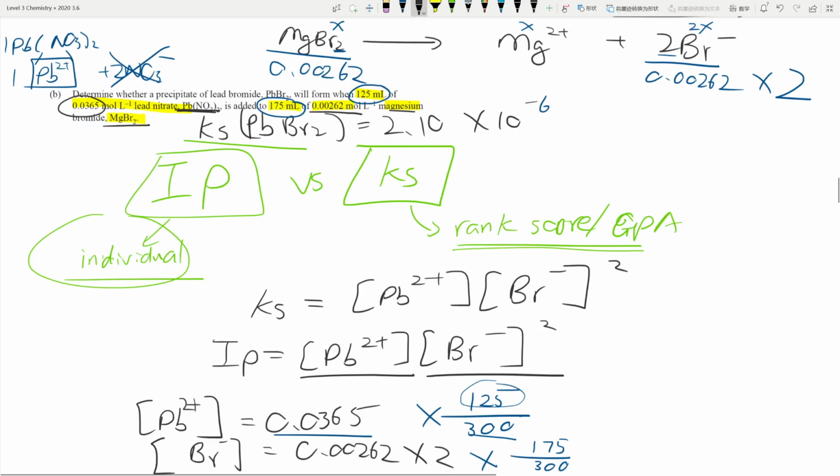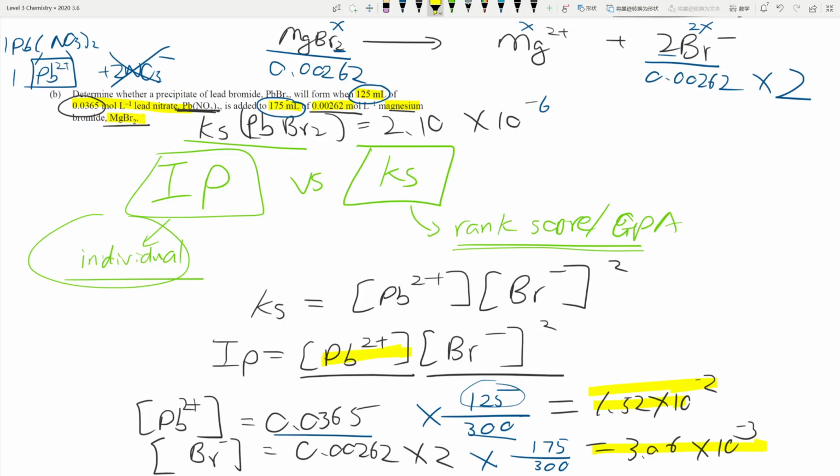Once you've done these two calculations, you'll find that the top concentration is 1.52 times 10 to the power negative 2. The bottom concentration will be 3.06 times 10 to the power negative 3. Now we are going to substitute these numbers